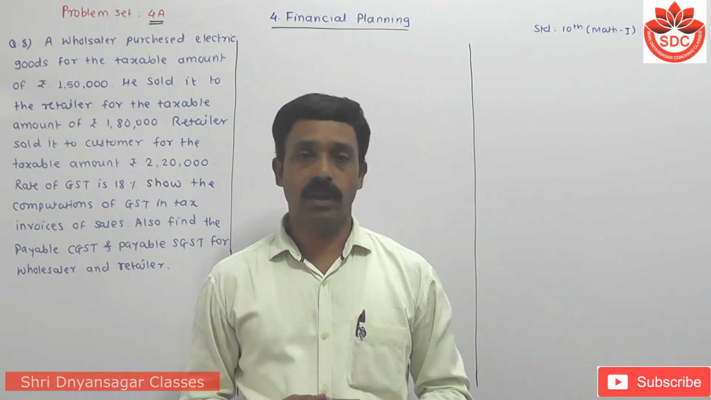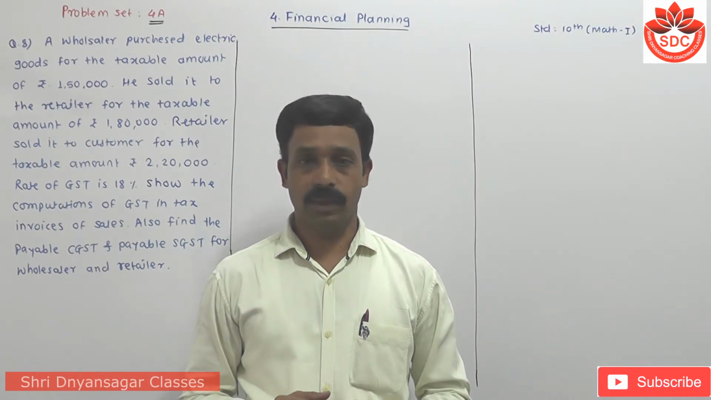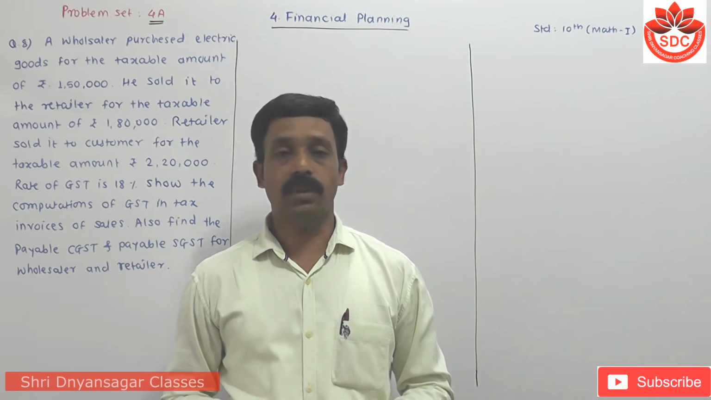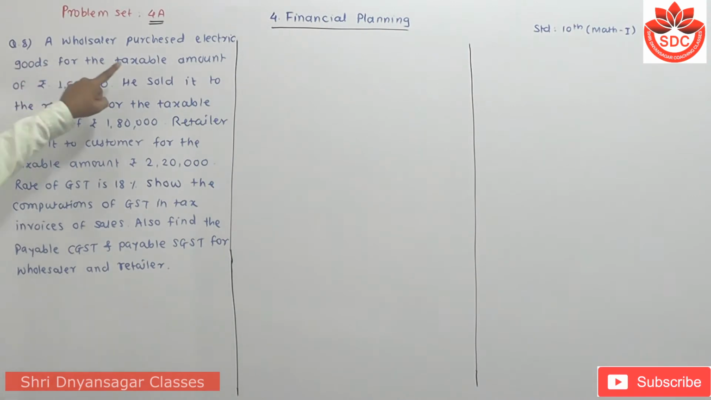Student, today we discuss the next question of Problem Set 4A of Chapter 4, Financial Planning, of 10th Standard Mathematics Part 1. The next question, question number 8, is: a wholesaler purchases electric goods for the taxable amount of rupees